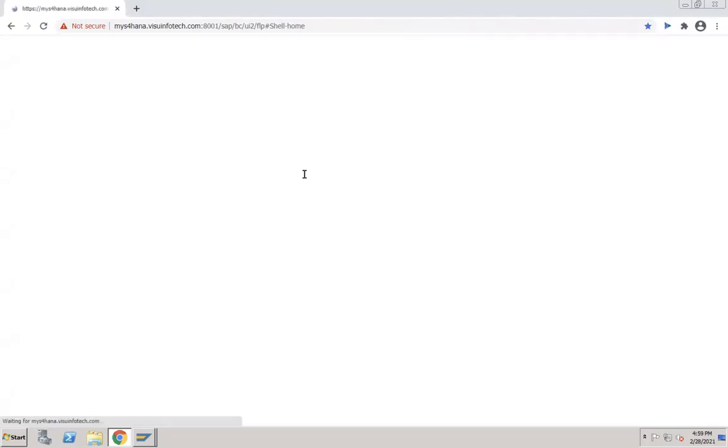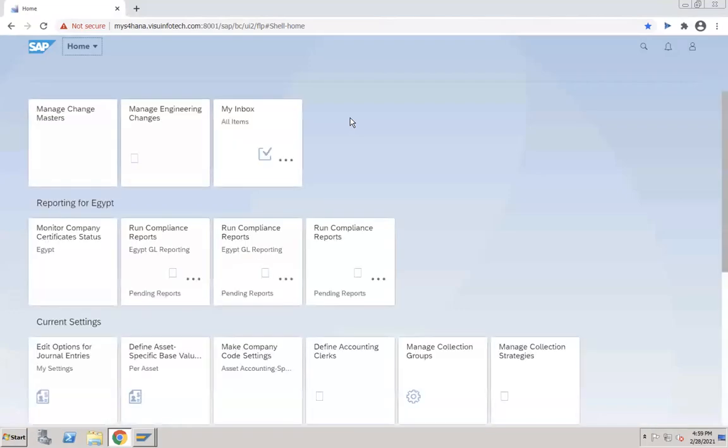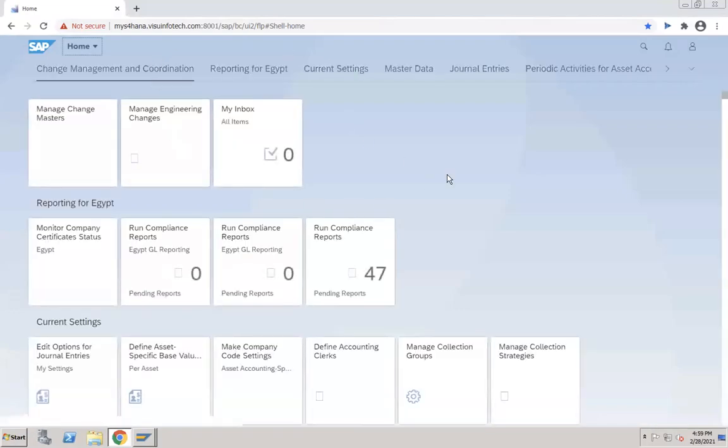Okay, once you enter, see, this is your initial Fiori screen. We have different tiles here. These all are apps. Once you go here, you can see whatever you want. If you want to create a purchase order, a create purchase order app will be there. Directly you go inside and create. If you want to search anything, you go here and search. Your screen will look like this.